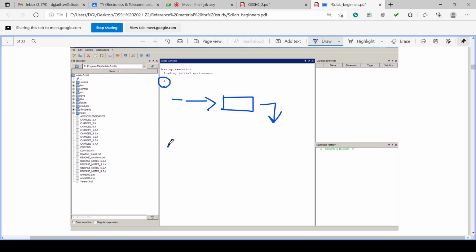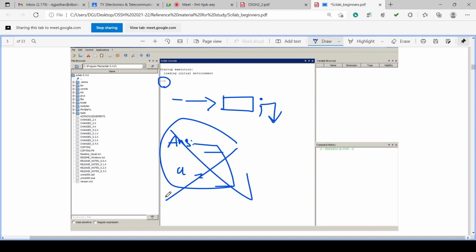If the command is executed, it will show the variable ans and value, if the variable is not defined. If the variable is defined, it will show the variable name, suppose A, B, C, D or whatever, equals that value. Okay. If the command is ended with the delimiter semicolon, it will not display anything. So if a semicolon is used, no display is there. Okay. This is the console.